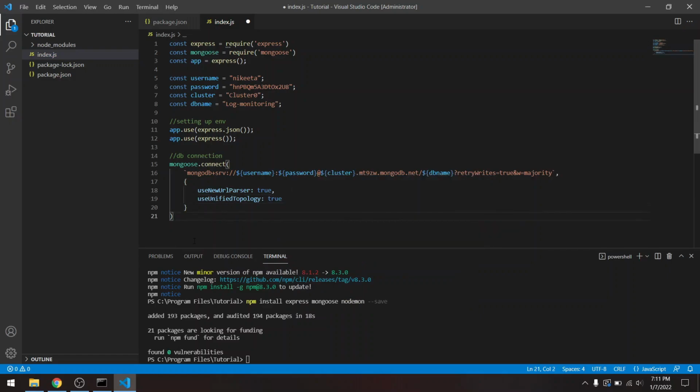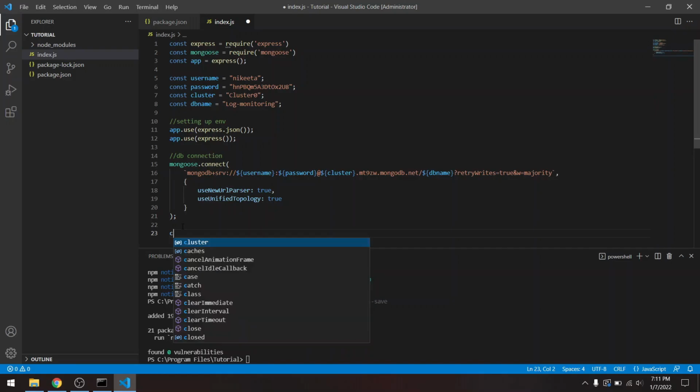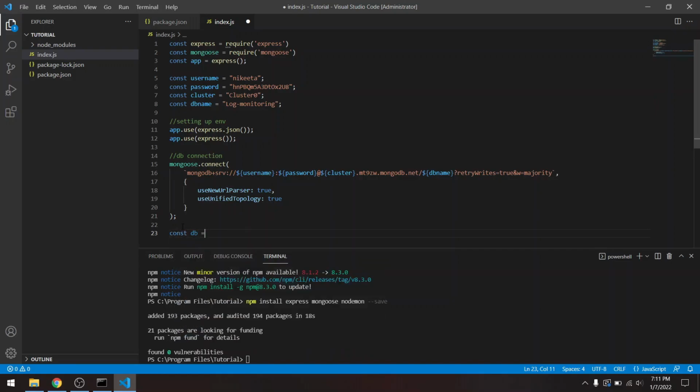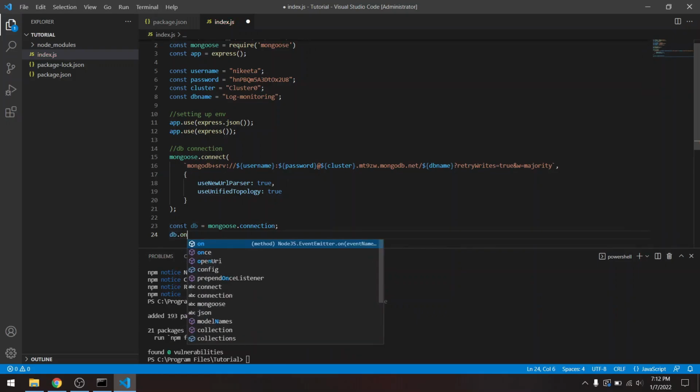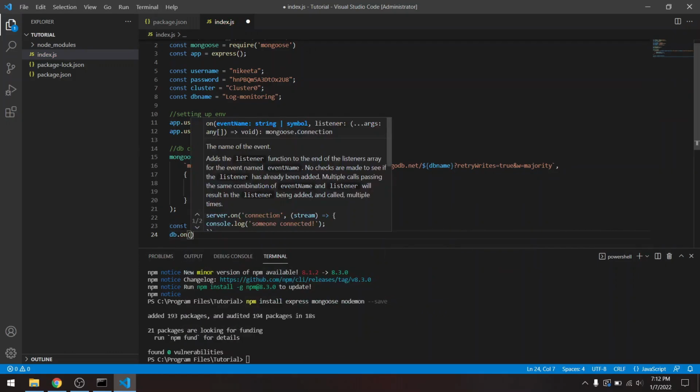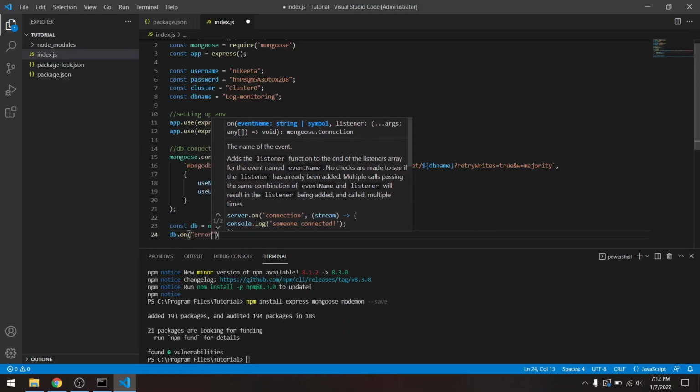Now, since we have successfully declared the DB connection, we have to check whether the connection is successful or not. So for that, const db equals mongoose.connection. db.on error.